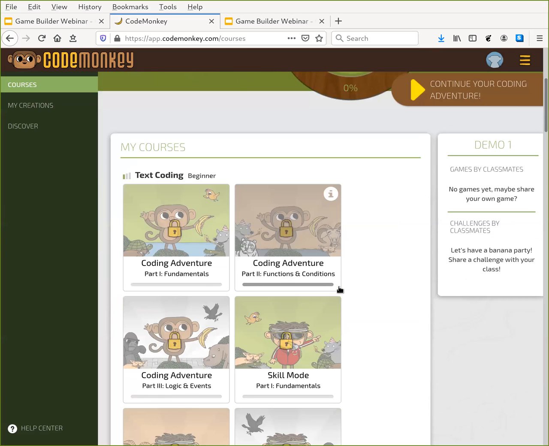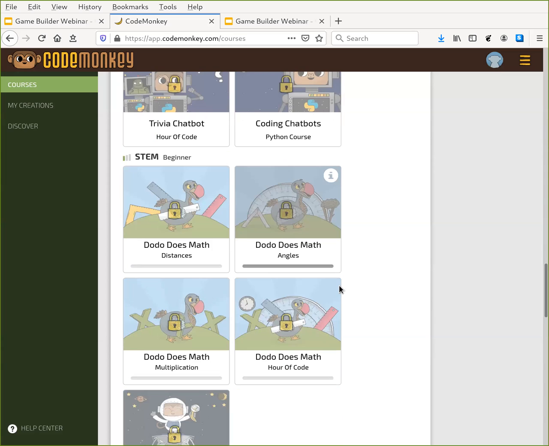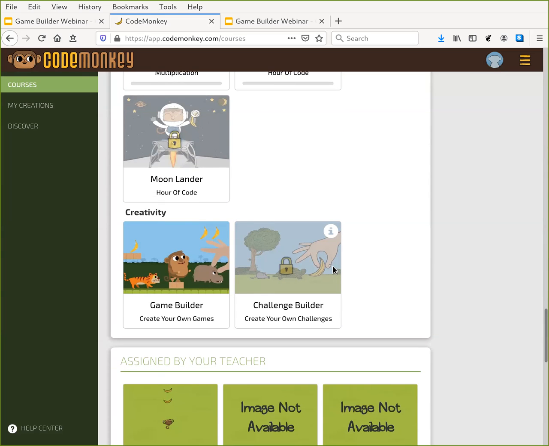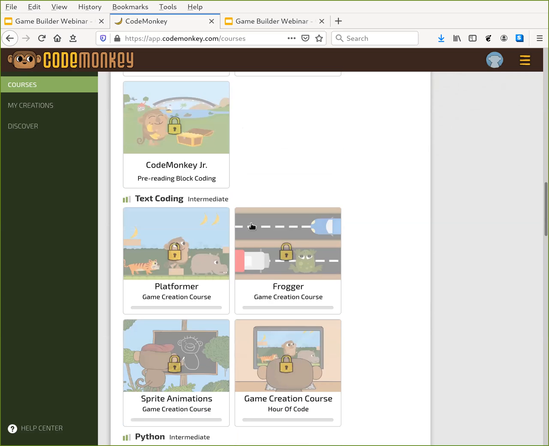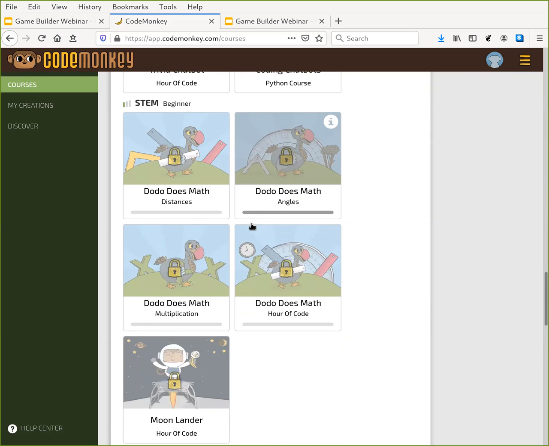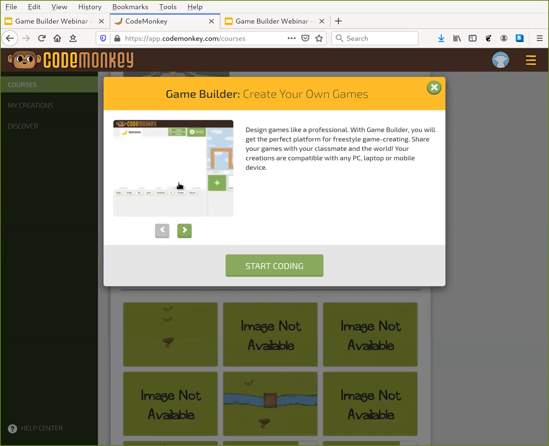And when you come here, there are lots of things that are available, but most of these are locked because this username and password was just designed for using Game Builder. You scroll down where we see Creativity and Game Builder, and we'll select that. And we can go ahead and click on Start Coding.